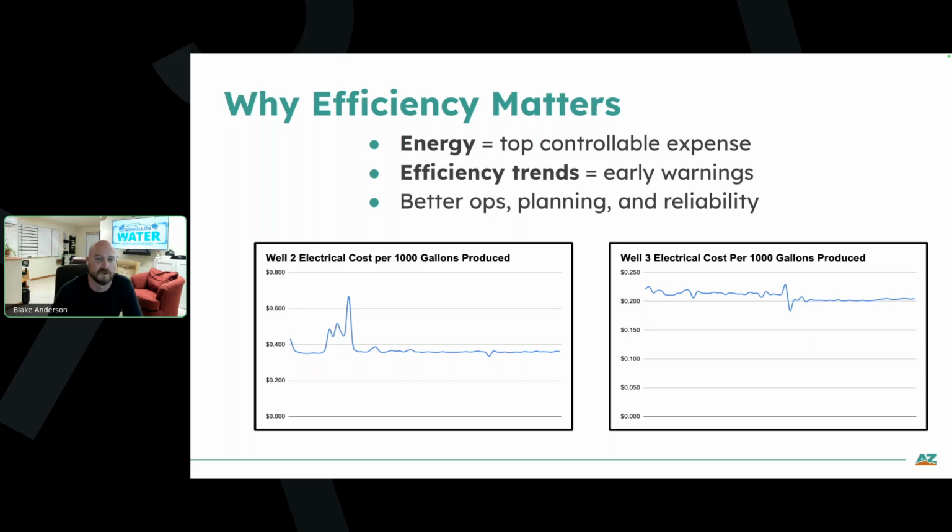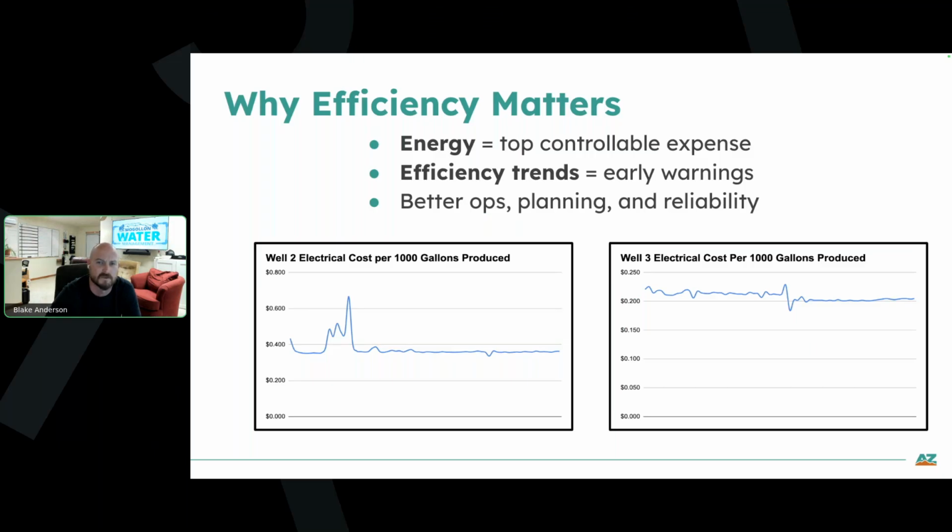And so on the left is pump data from a 10 horsepower three-phase well. And we've taken some of this data and ran some basic calculations on it that we'll get into later. And on the right-hand side, you see a 7.5 horsepower pump. It's also a three-phase, but it's a smaller producer from a GPM standpoint. Or excuse me, the left is the 7.5, the right is the 10 horsepower pump. And so even though the one on the left is a smaller producer, gallon for gallon, when we start to break the numbers down, it's significantly cheaper to run.